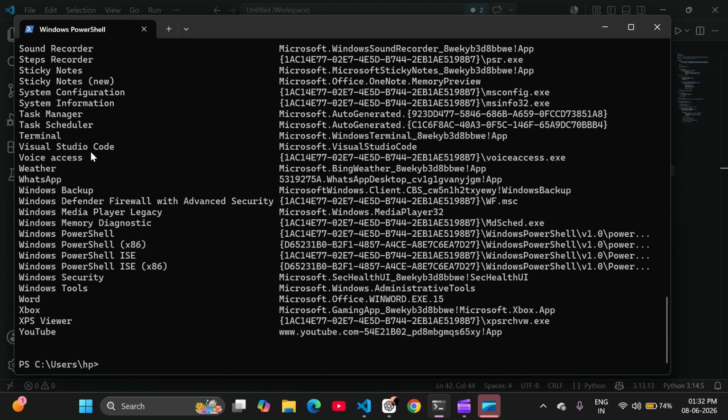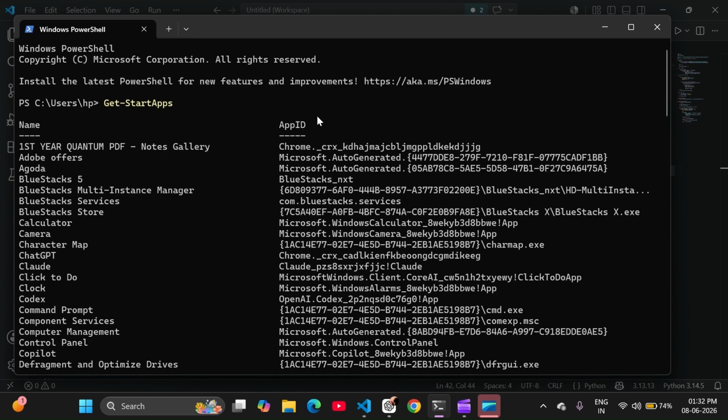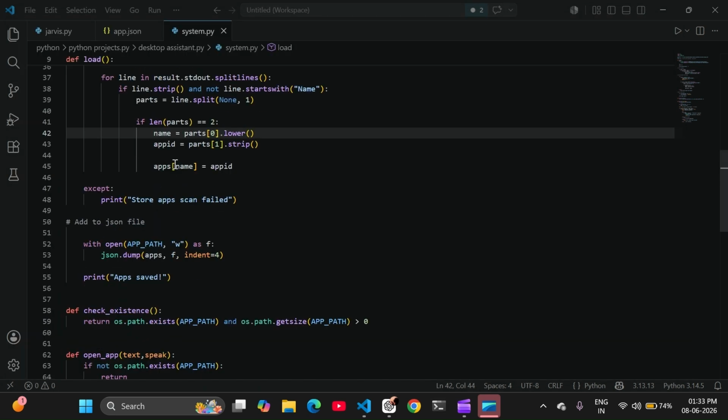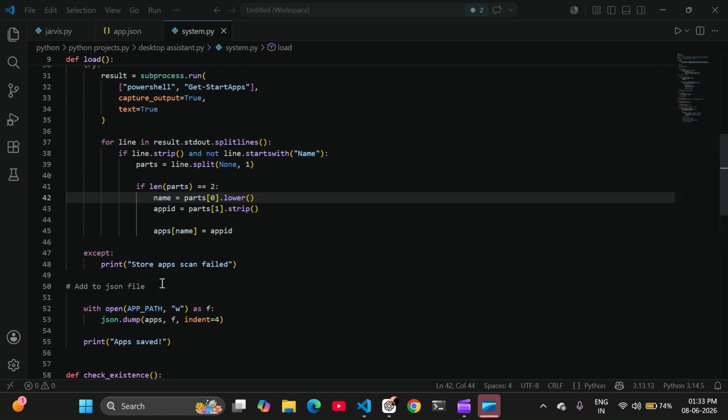So see, this is the name and this is the app id, and it will read this name and app id and store it in a dictionary, name and the app id. Okay, now except: if an error occurs, print store apps scan failed. Now we get the data.